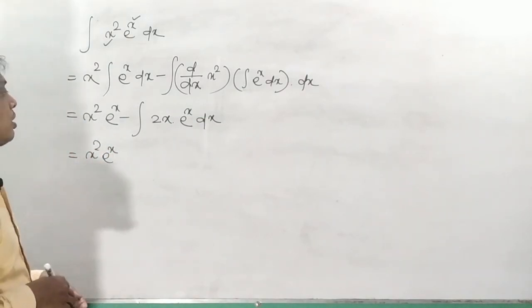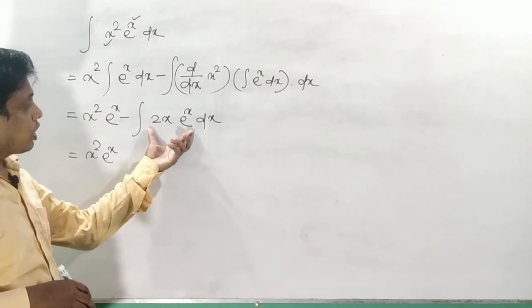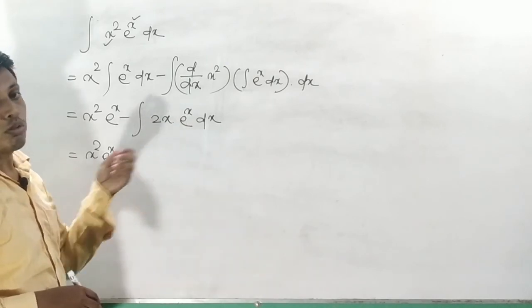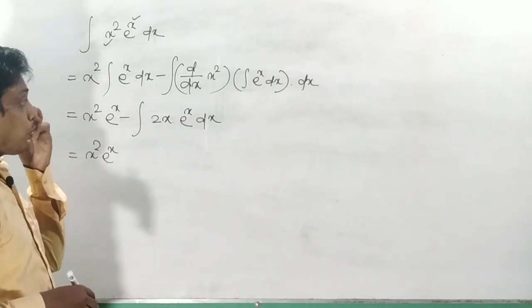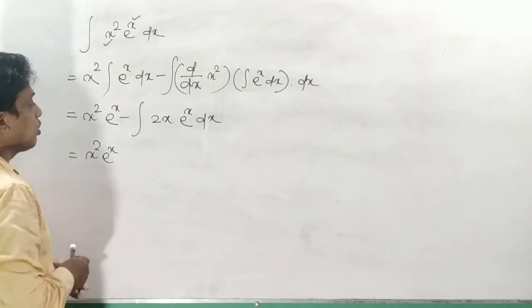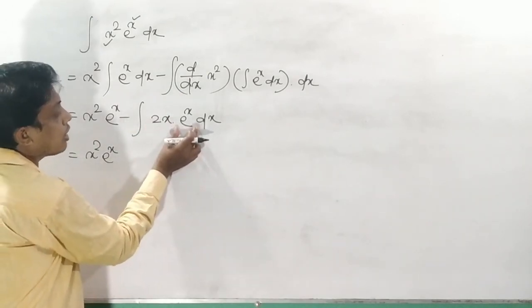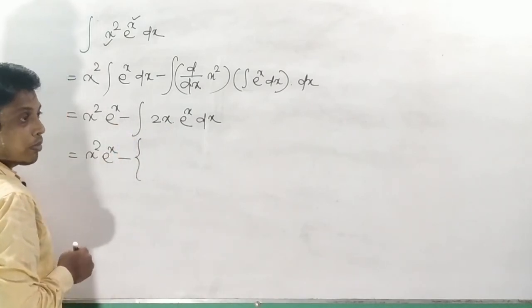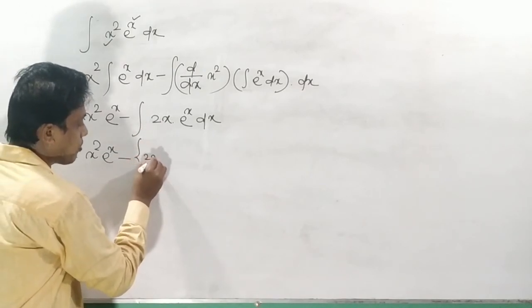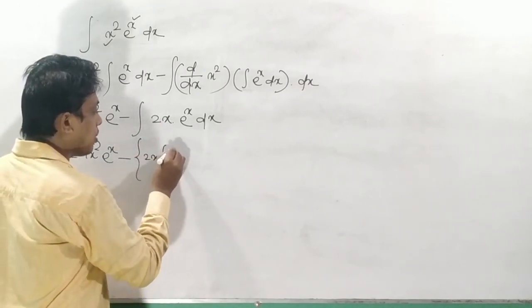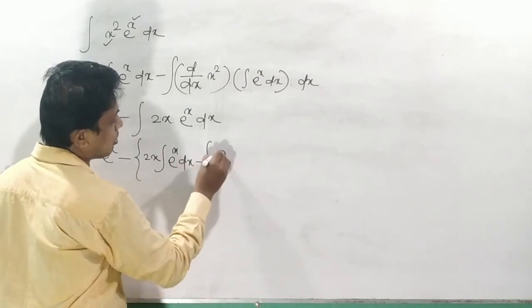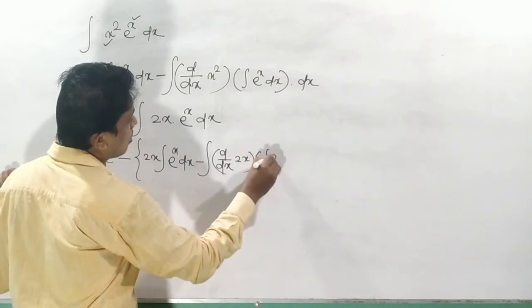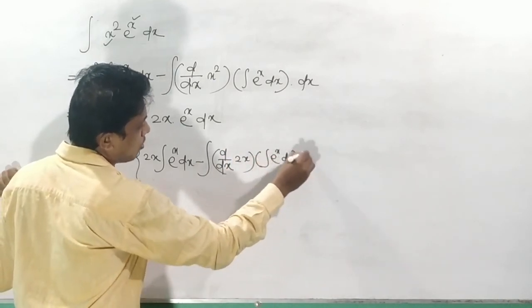Now how can we integrate this? Also here there are two functions, product of two functions, 2x and e to the power x. Again we have to apply the integration by parts. So this will be the first function and this will be the second function, minus, if there is a minus we can use bracket. So now here the first function is your 2x, integration of e to the power x into dx, minus integration of the derivative of first function into integration of second function e to the power x into dx, whole into dx,